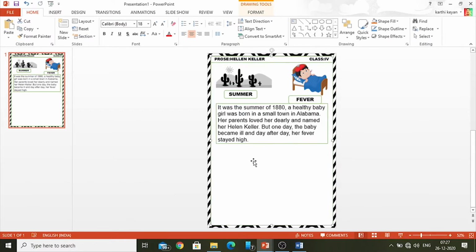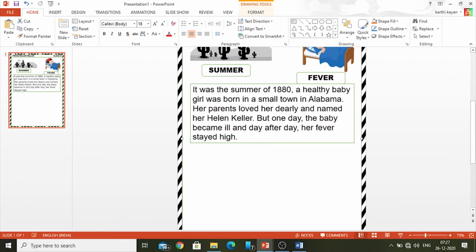Now we are going to highlight the hard words. Just to follow my step, I am going to zoom in. Whatever the text you want to highlight, first you select the text whichever you want. First one, if you want to select the next one, press Ctrl and select the next text and go ahead with the same procedure.